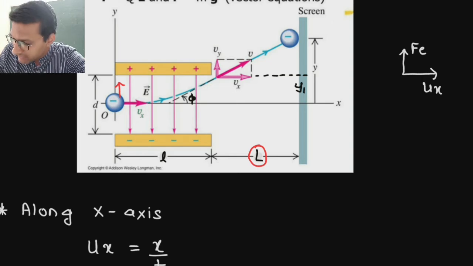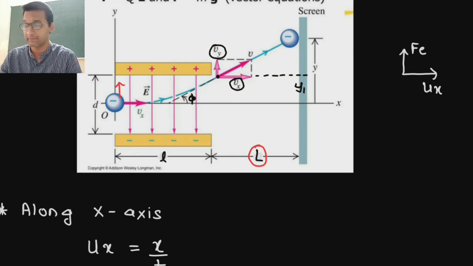But once it leaves the field, the horizontal component is constant as well as the vertical component is also constant. Now there is no force acting on this particle. So both components are constant and the displacement caused because of this will be y2. So y1 is under force, and for y2 there is no force along the x-axis as well as along the y-axis, whereas for y1, along the x-axis there is no force, along the y-axis there is electrostatic force. So we need to divide the vertical motion also in two parts, y1 and y2.